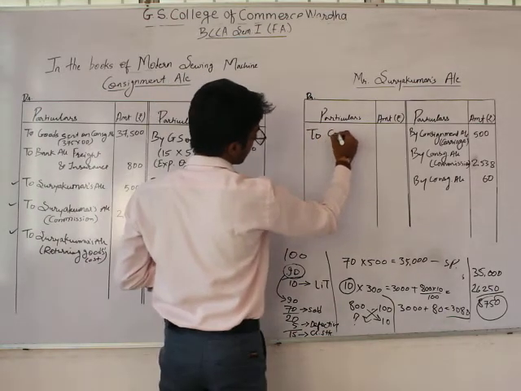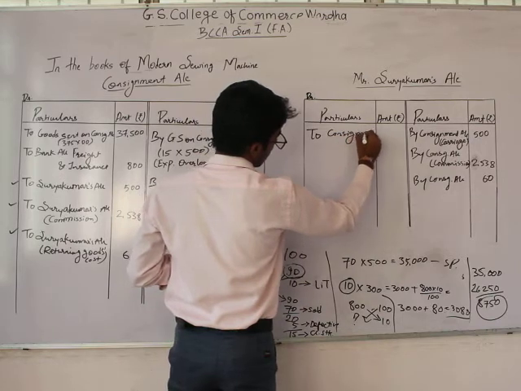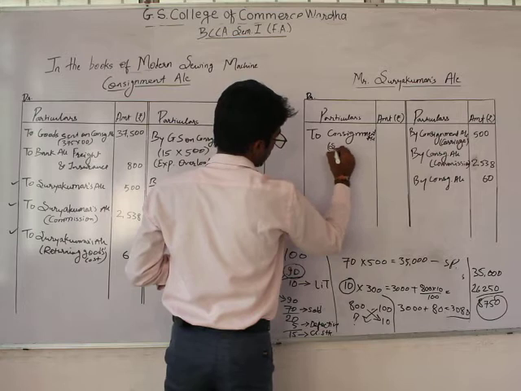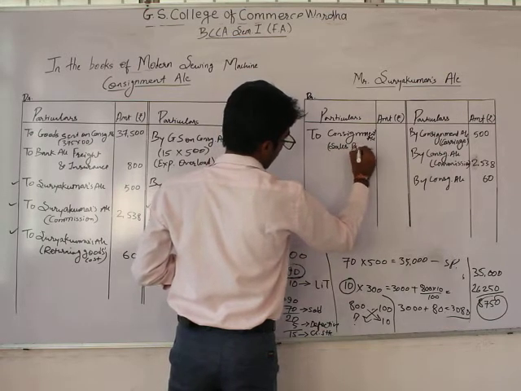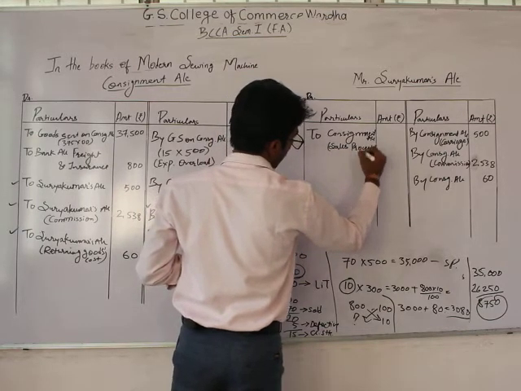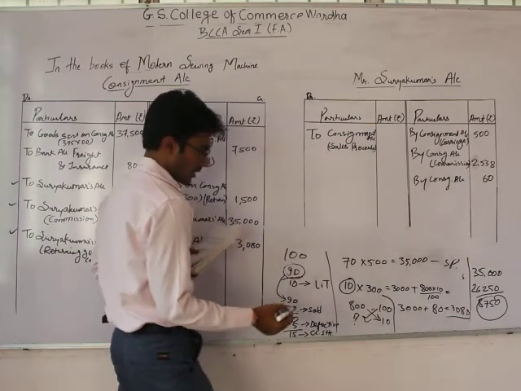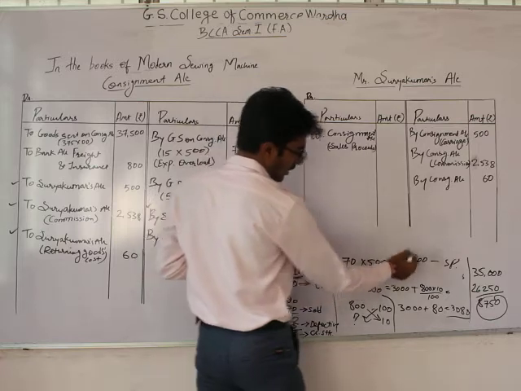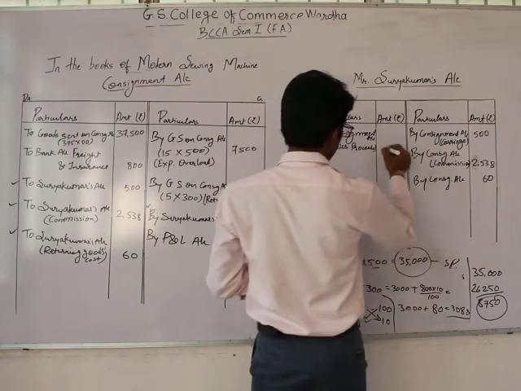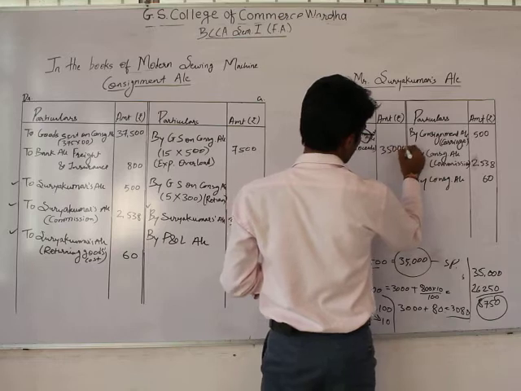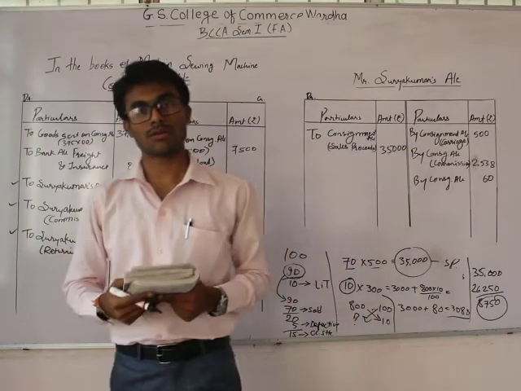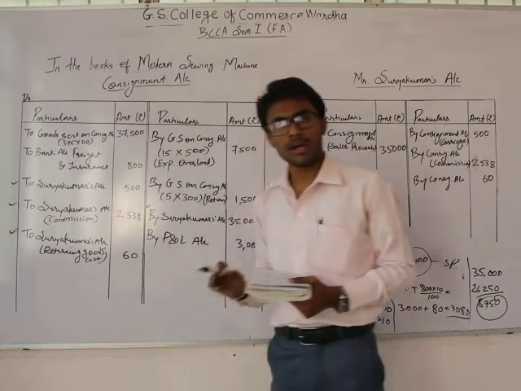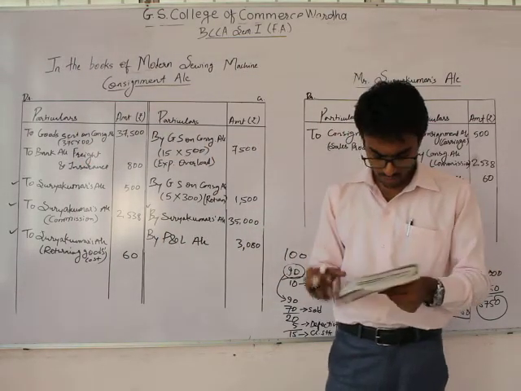To consignment account, for sales proceed, the amount will be this 70 units sold at 500, that means 35,000. So 35,000. Now we have to balance it out, and before balancing, one more important thing we have to